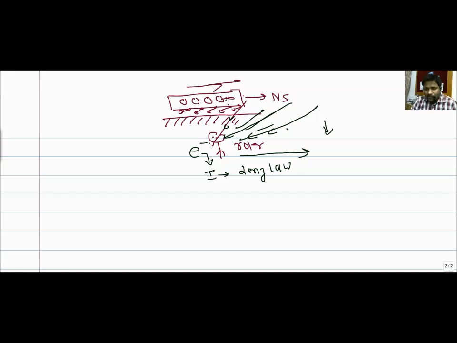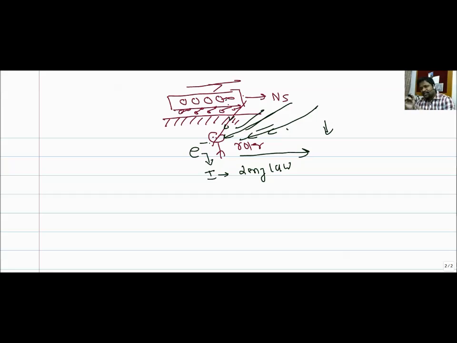So this is the basic principle of the rotating magnetic field, or we can say how the rotor starts rotating in a three-phase induction motor whenever the three-phase supply is given to it. The concept is very simple. In order to satisfy Lenz's law, the current that was induced in the rotor conductor due to the change in magnetic field always follows Lenz's law, and Lenz's law states that it always opposes the cause of it, and the cause is the change in magnetic field.